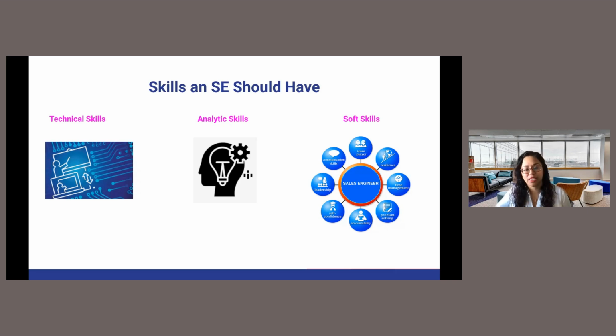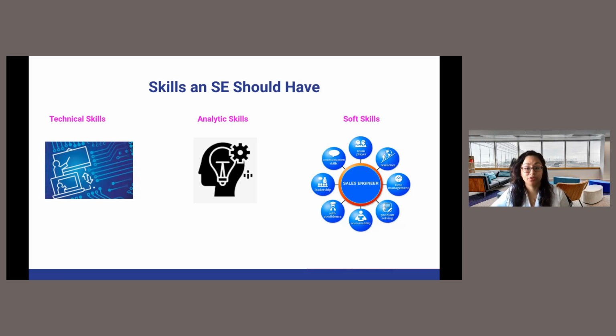Another important soft skill for sales engineers is having good communication skills, written and verbal. Why? Because sales engineers sometimes have to explain with clarity complex topics to technical people and non-technical people. Non-technical audiences sometimes include people that are the decision-making buyers. Example, people that hold the budget to be able to make a purchase. So a sales engineer needs to be able to explain to those individuals that are not necessarily technical exactly how a technical product will solve their problems.